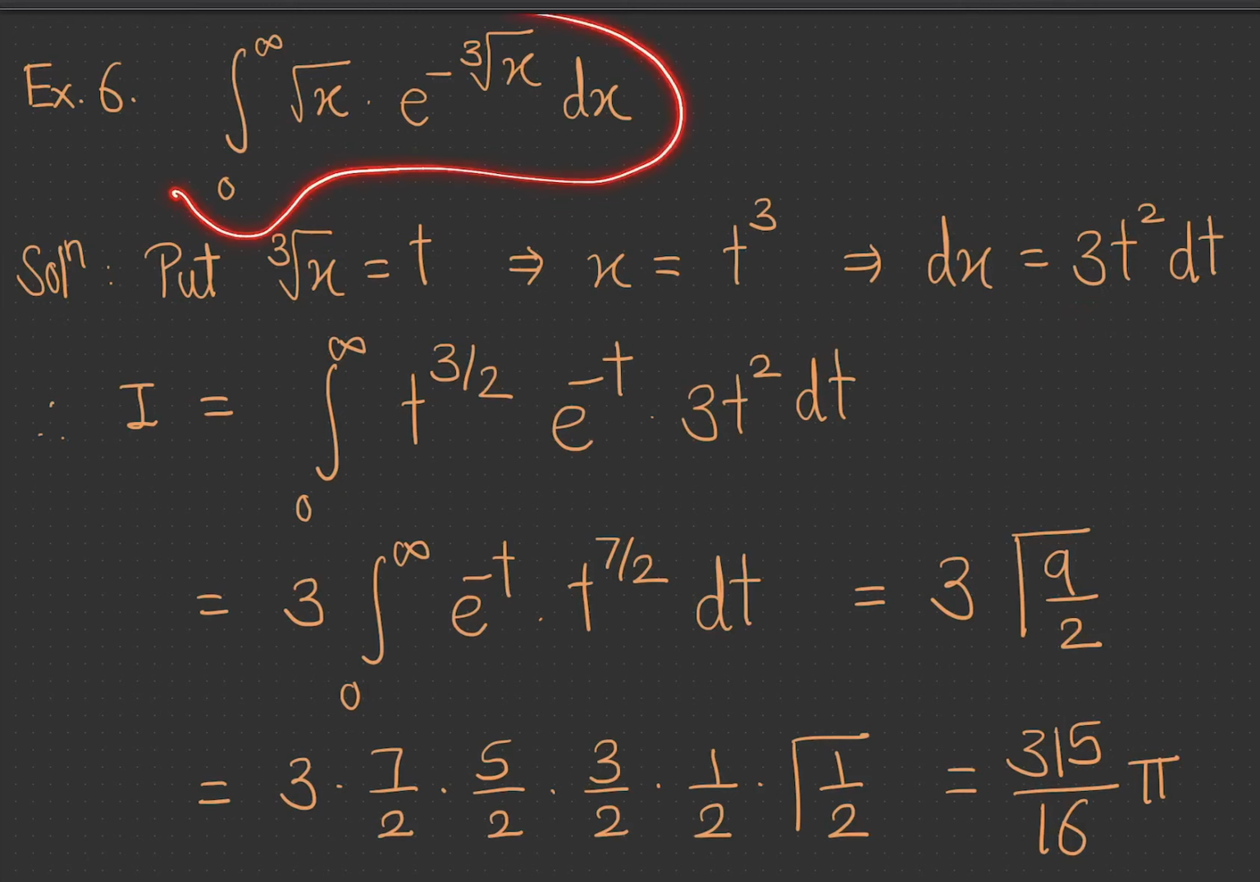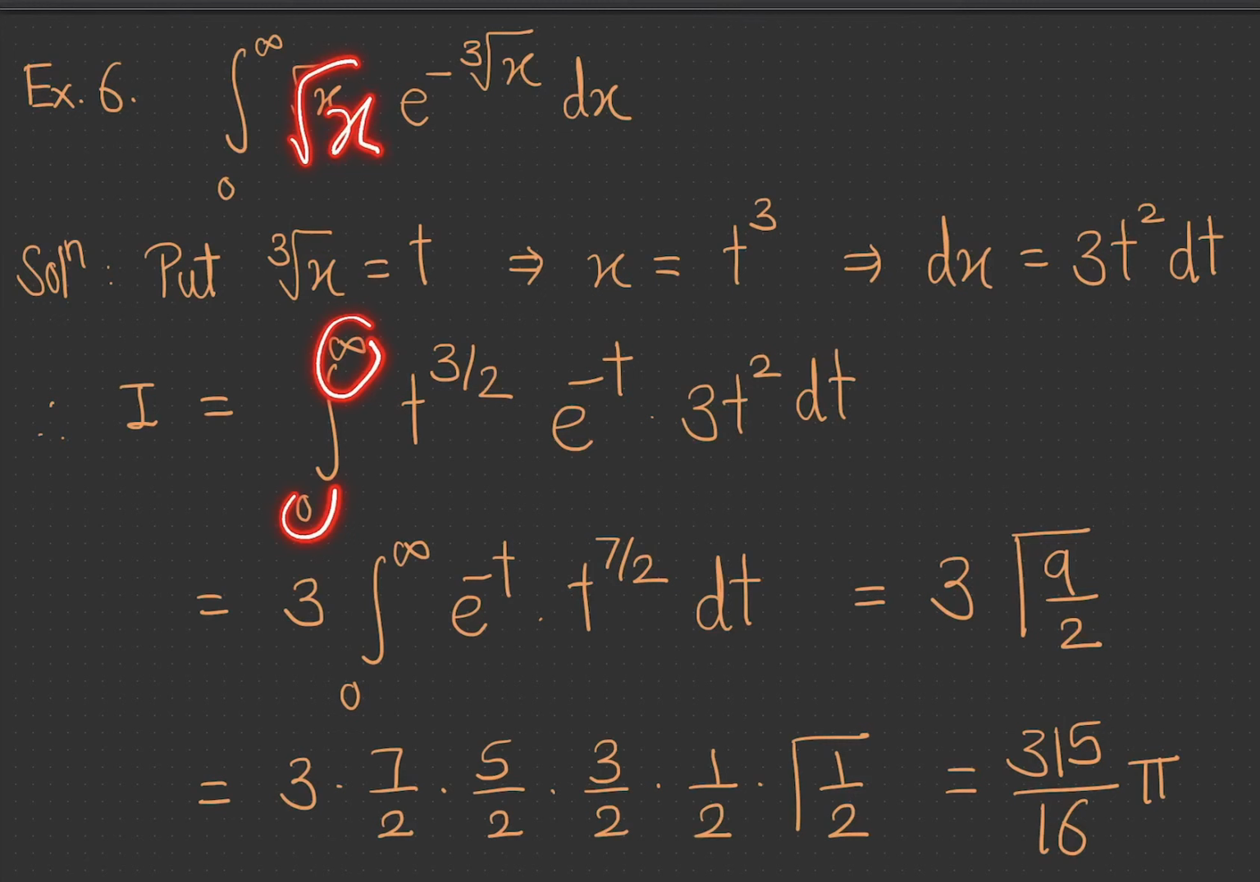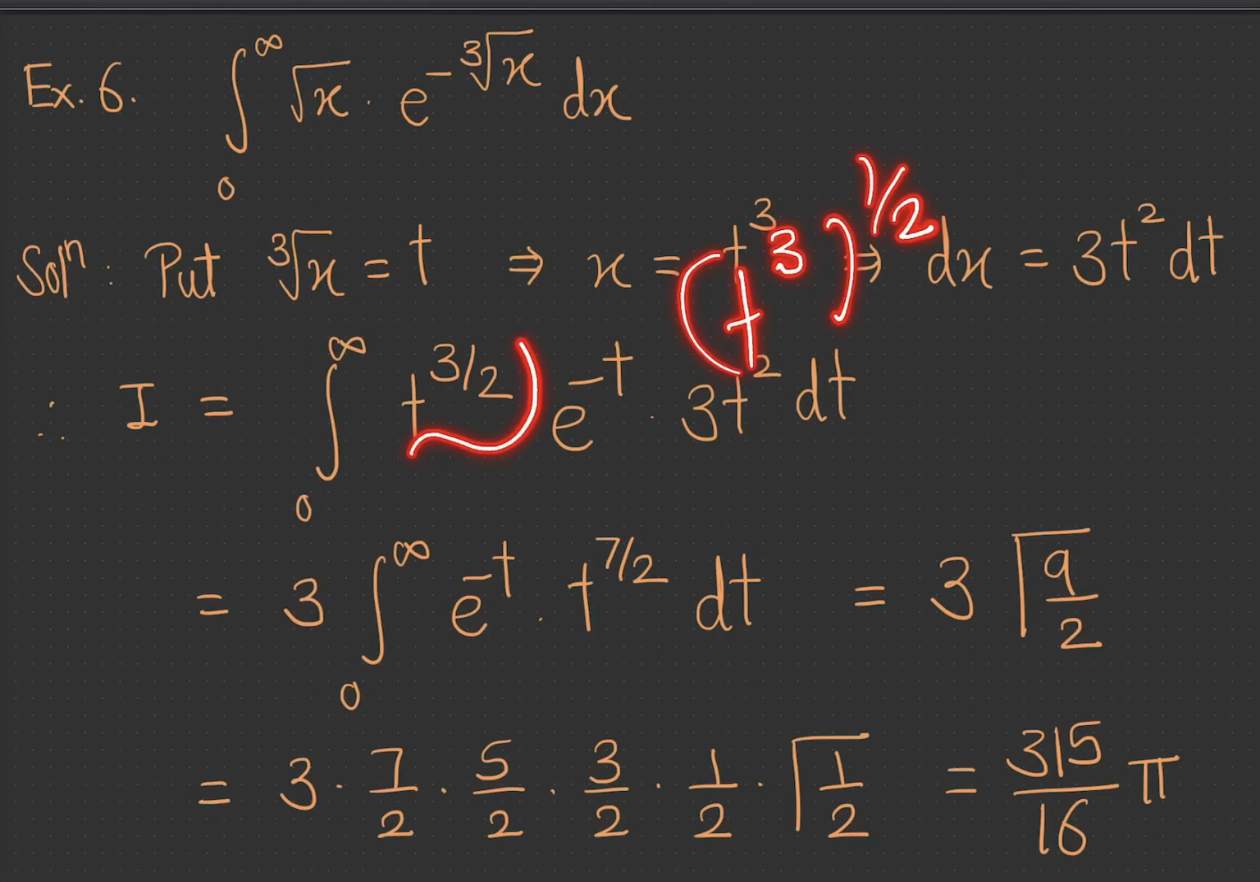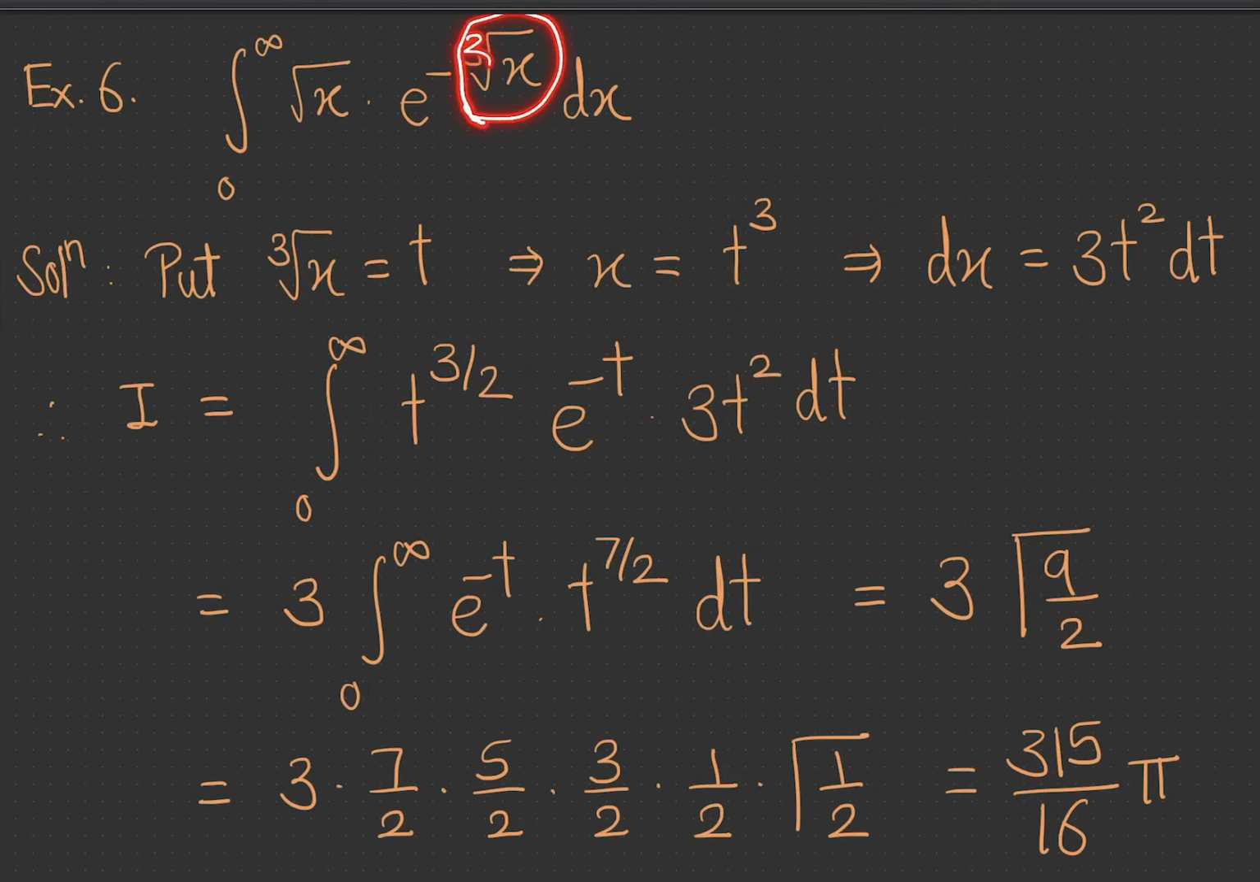So this integration becomes I equal to integration 0 to infinity, since the limits remain the same. Since when x is 0, t is 0. When x is infinity, t is infinity. So the limit remains the same. So I equal to integration 0 to infinity square root of x. Now what is the value of x? x is t raised to 3, and square root of x means raised to 1 by 2. So this will become t raised to 3 by 2 into e raised to minus cube root of x, and minus cube root of x is t. So this will become e raised to minus t, and dx is 3t square dt,